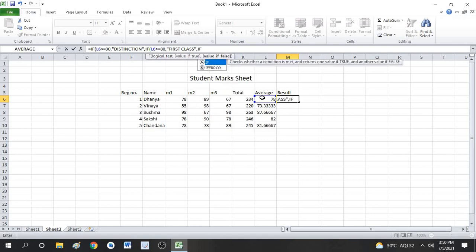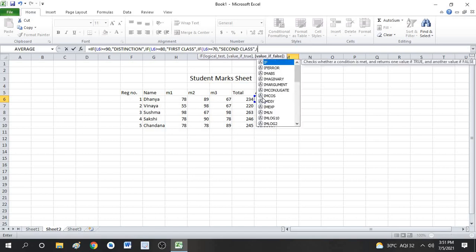If L6 is greater than or equal to 70, else, so you must use comma for that, second class.